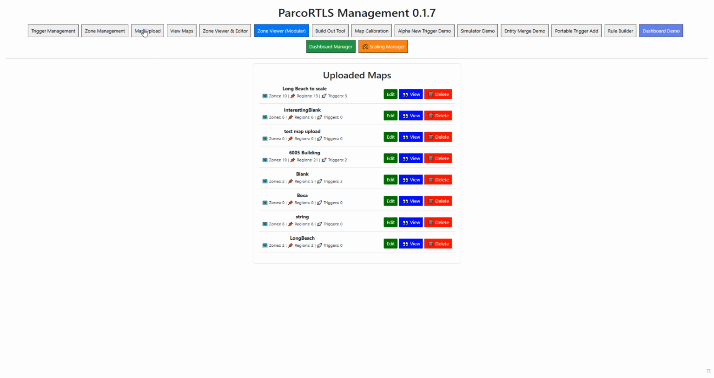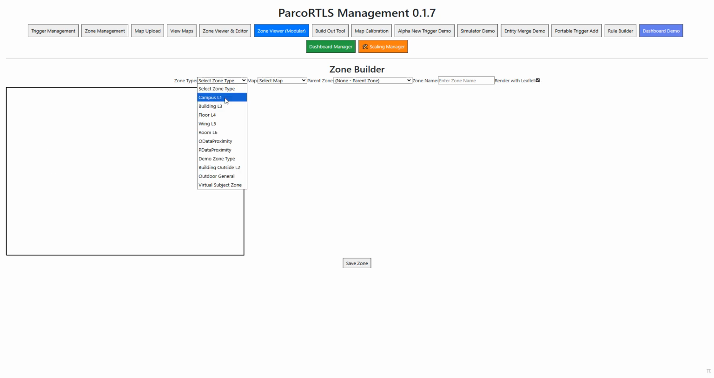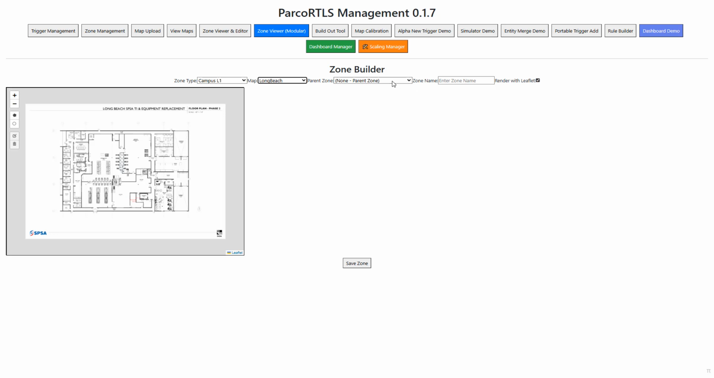And then once you have the map in, then you go to the zone management, and this is the canvas view. I like working with the leaflet view. You select like Campus 1, that's the first map that you usually start with. Then you select the campus map, it doesn't have a parent, and then you give it a name and it